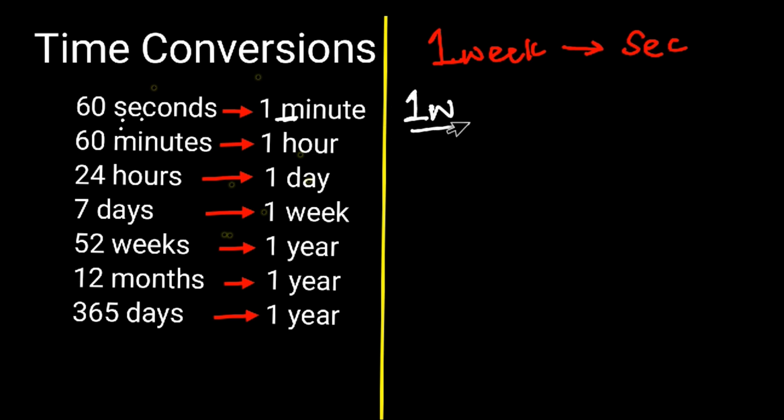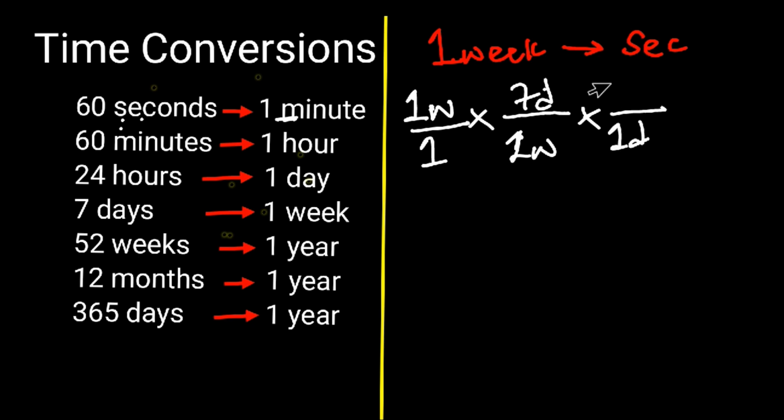So 1 week over 1. Remember, after week is days, and so we have that 1 week is equal to 7 days, as we have here, 7 days make 1 week. And then after days is hour, and the relationship between days and hour is 24 hours make 1 day, and so we must write it so that day will cancel itself. We are going to write that in the denominator. So 1 day is equal to